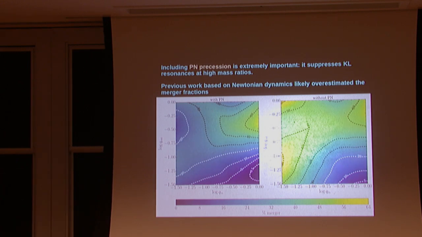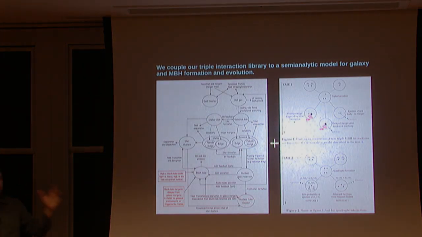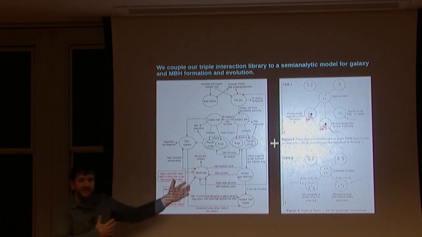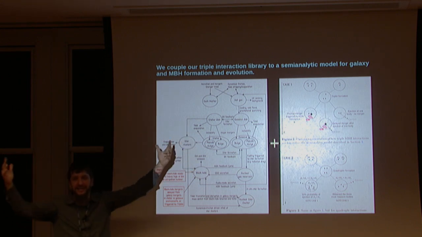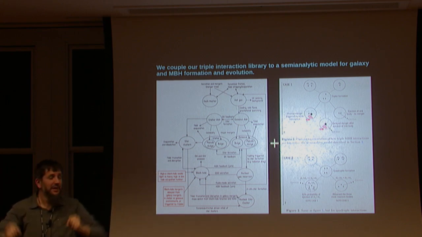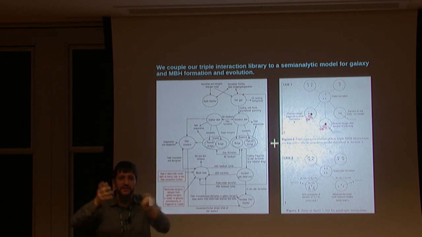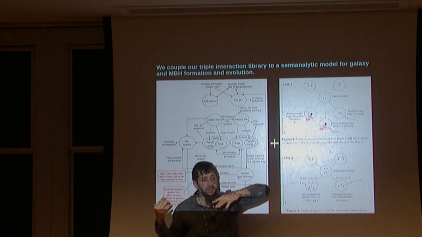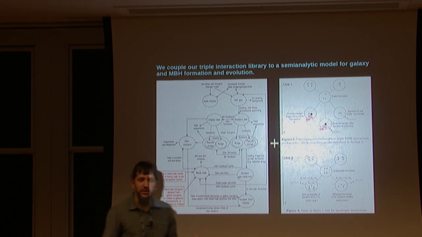Yeah. And one minute. So what we can do then, we have this library of merging triplets. We can actually couple it with this very fancy scheme. This is a semi-analytic model for the evolution of galaxies and black holes. We can track with this semi-analytic model the evolution of the system, and every time that you form a triple, you can implement the libraries that we got from the previous experiment and see what happens. So the first thing that we did was to investigate the terrible scenario for gravitational waves,